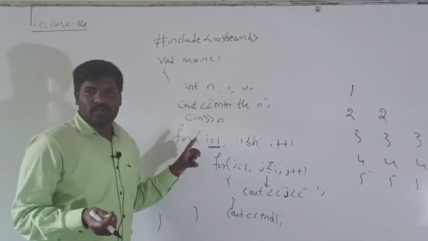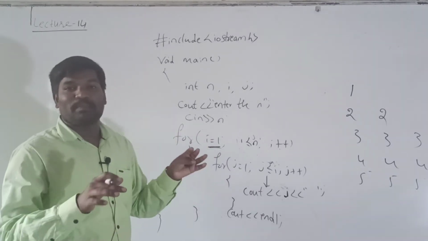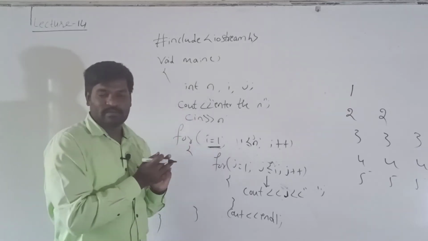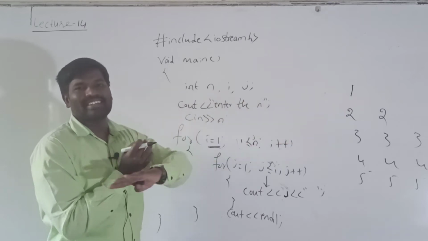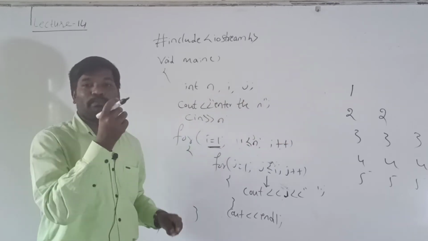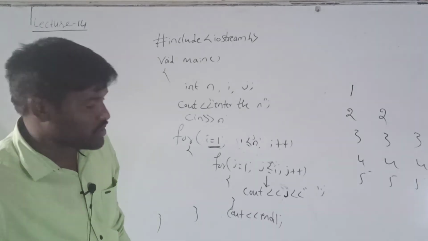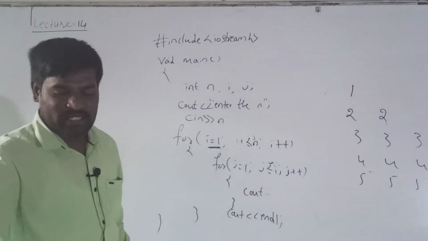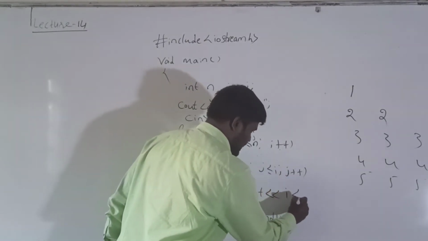Okay, means don't change the for loop here, because if you want to change the pattern, then only we have to concentrate on the for loops. Previous and the current, the pattern is as it is, only a change in the printing variable or printing value. It means that we have to change only cout, not the for loop. Instead of printing j, I have to print I.